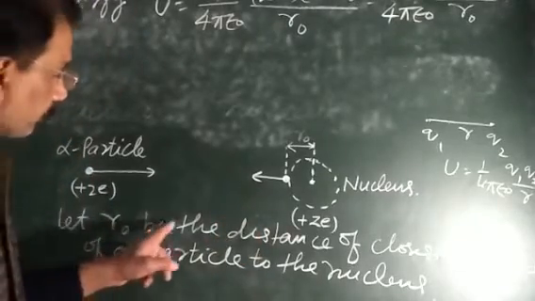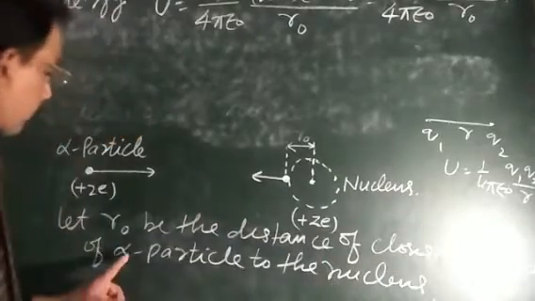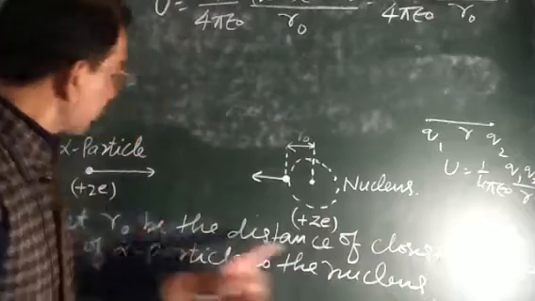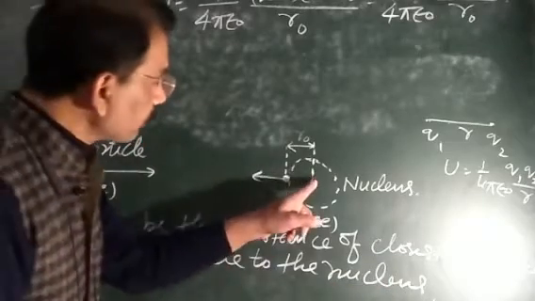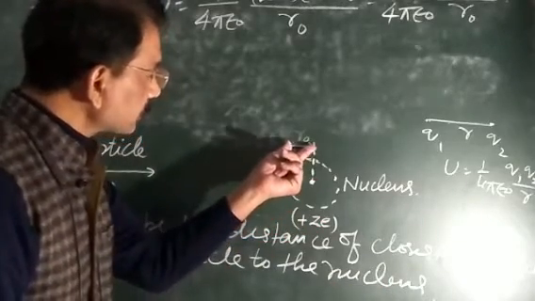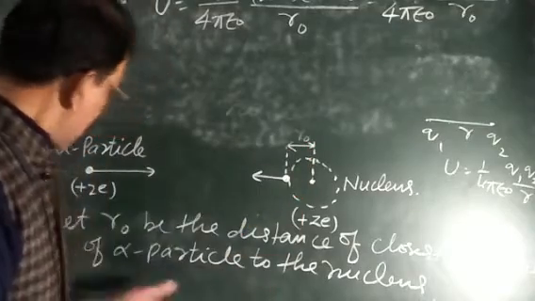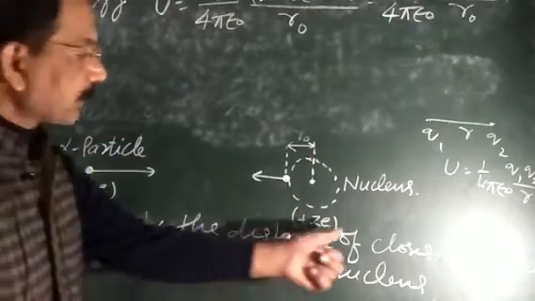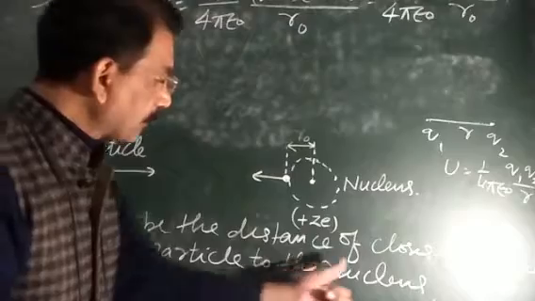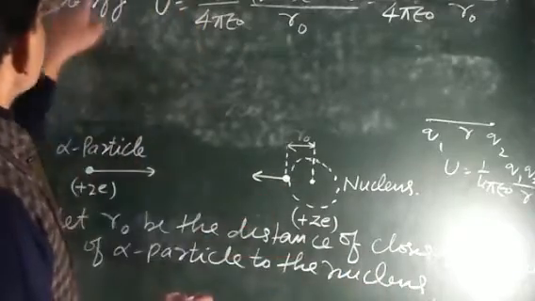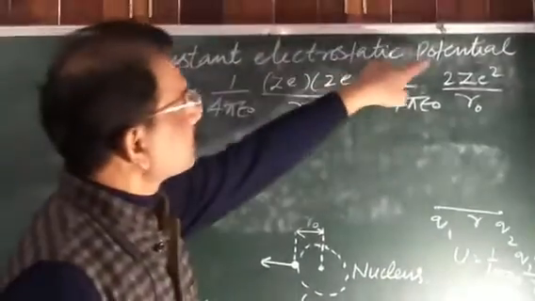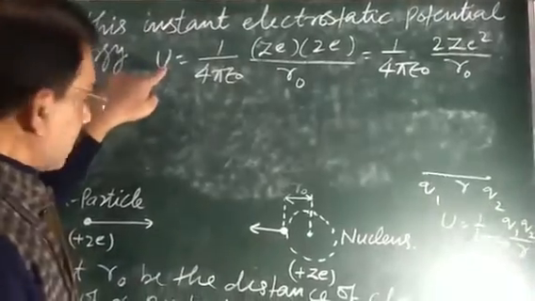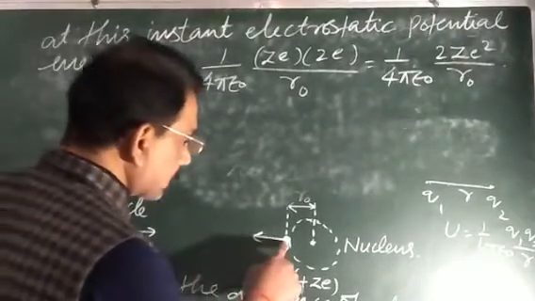Let r0 be the distance of the closest approach of the alpha particle to the nucleus. मान लेते हैं ये अल्फा पार्टिकल इस न्यूक्लियस के r0 डिस्टेंस से क्लोज आता है. Then at this instant, electrostatic potential energy, इस अल्फा पार्टिकल को जब ये यहां तक पहुंच जाएगा